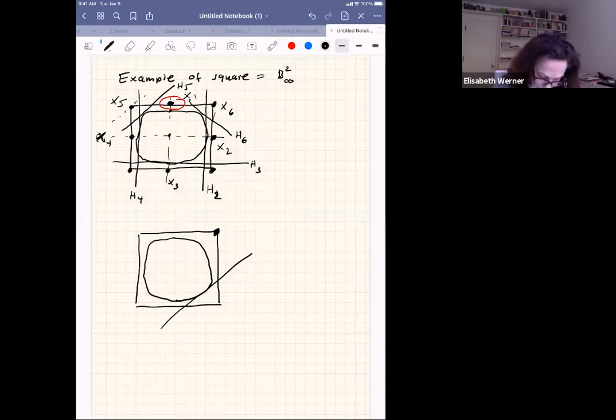We cannot choose this as a support hyperplane because this point sits in the other half space. It should sit in the same half space as the floating body sits. So we cannot take this hyperplane. That's our x1. We'll have to take this as our h2. And for instance, we could take that one or that one, but we could not take this one or that one. We have to take as our x2 this one, because